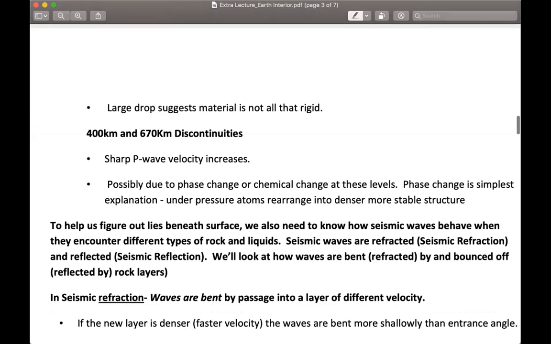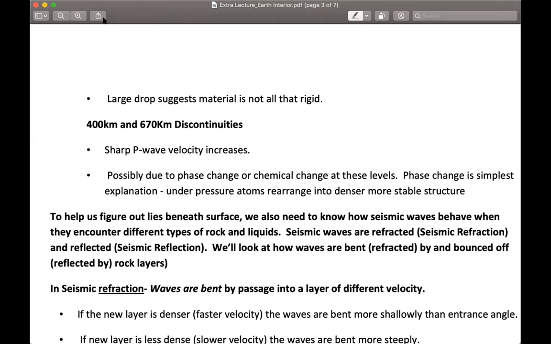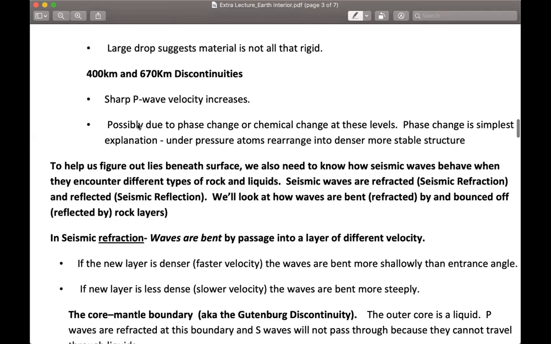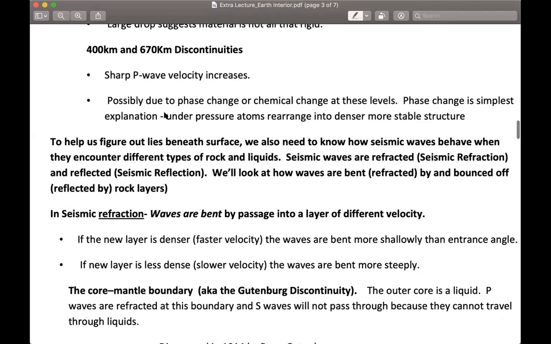And then there is another discontinuity recognized by P wave changes at about 400 and 670 kilometers. So there are two discontinuities. One is at 400 kilometers and the next one at 670 kilometers, right? So this is the depth from the surface. Okay, so sharp P wave velocity changes are there. Actually, this is